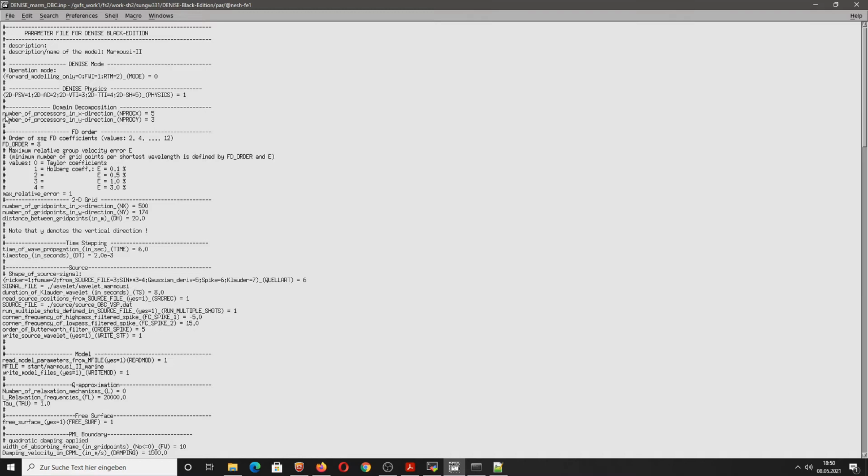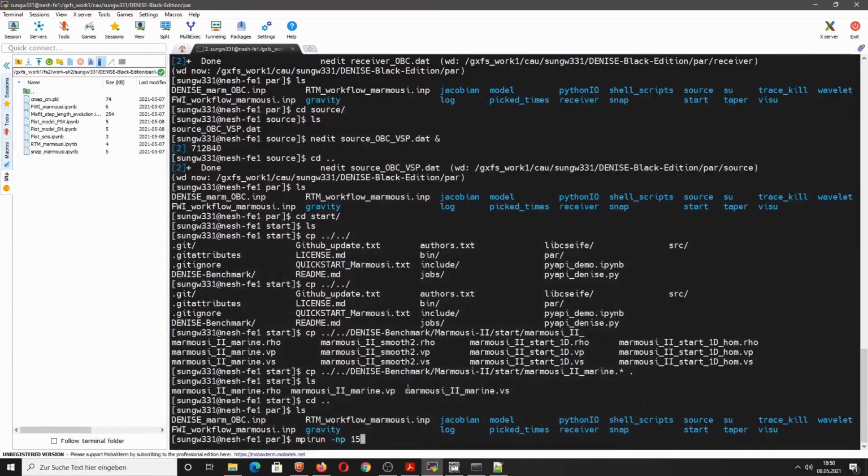However, you have to fulfill some conditions in order to do this, and I will discuss these conditions in more detail in the next tutorial. So for now we will simply use 15 cores of our 15,000 core supercomputer. Okay, and next we have to find the binary, which is of course in the binary directory.